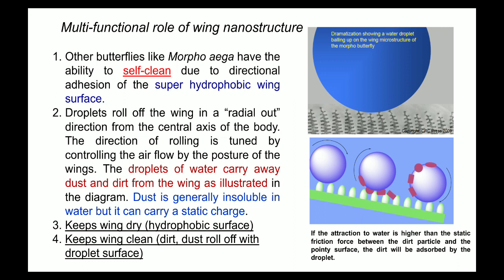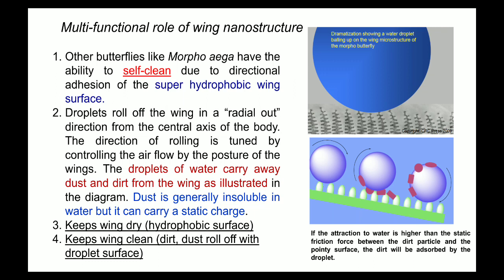wing surface. I already discussed one example with the lotus leaf, what is superhydrophobic and what is superhydrophilic, and how we can use nanostructure to make a surface superhydrophobic. Because these chitins are already present at the nanoscale, the surface of the butterfly wing becomes hydrophobic, so they need not take a bath. Even if water falls on the butterfly wing, it just rolls off because of its hydrophobic nature.